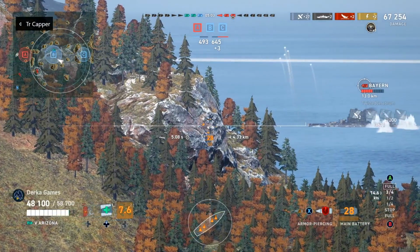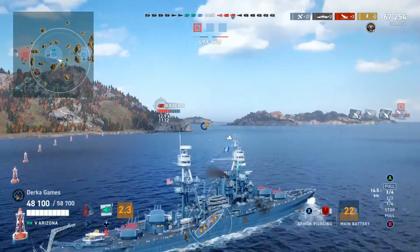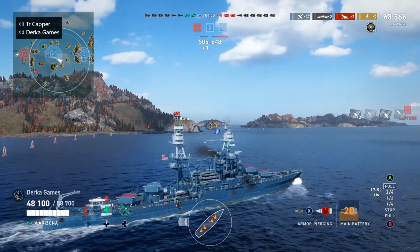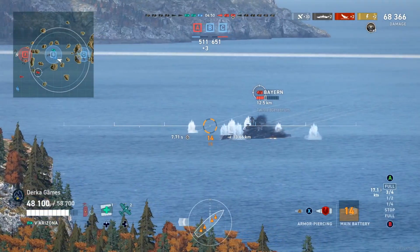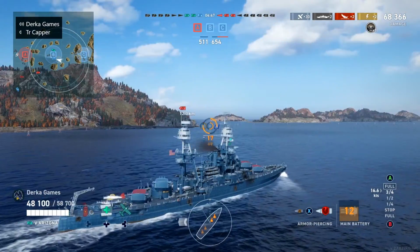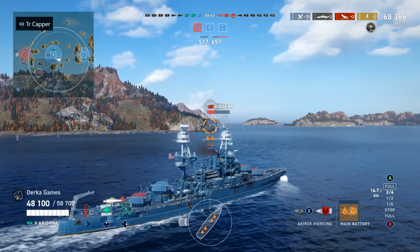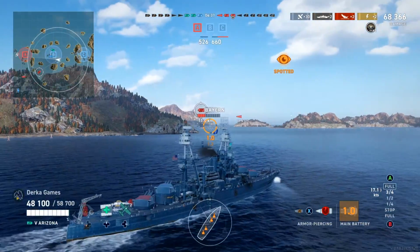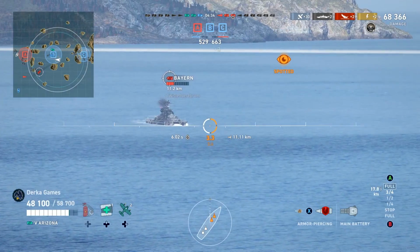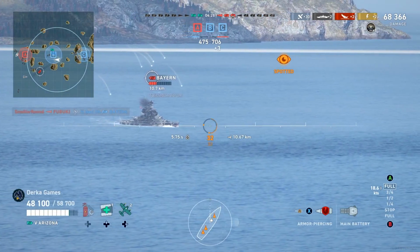So again, the positioning of both of our battleships in this map was pretty big. We were able to defend C and then push up into B. And as long as we are controlling B and C, that's it. All we have to do is play defensively. We don't have to push up or be aggressive. We can kind of keep our distance from them, reset them, definitely stay away from that Japanese torpedo boat over there,